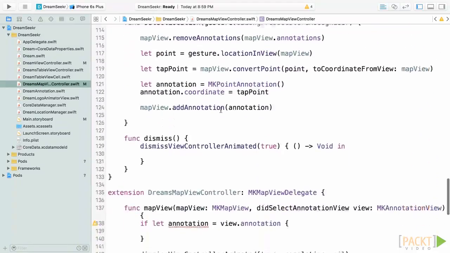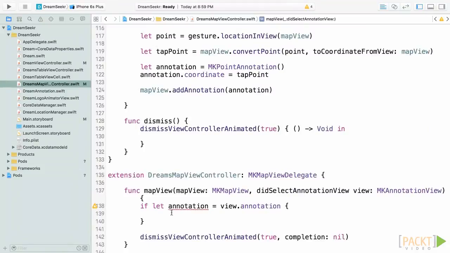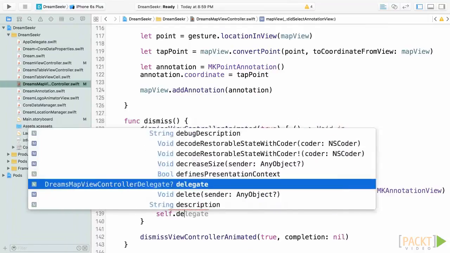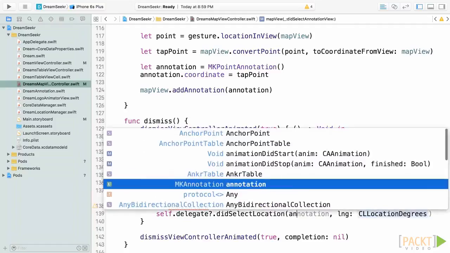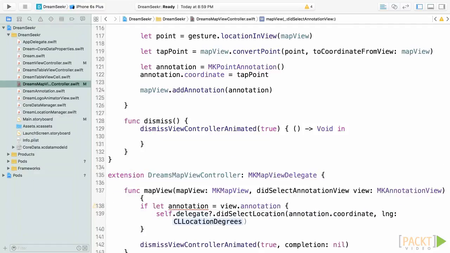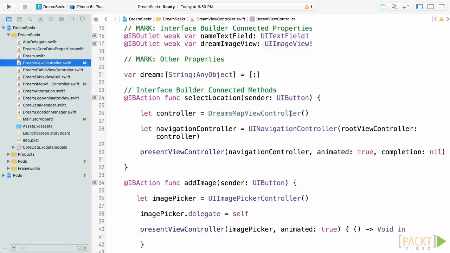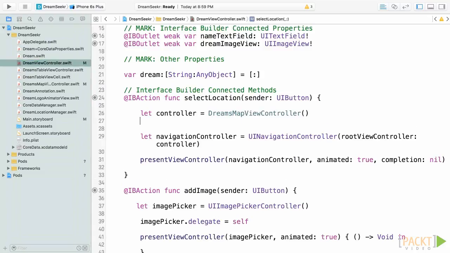And where I want to place this is within the didSelectAnnotationView delegate method for the MKMapView. And so I'll put self.delegate.didSelectLocation and pass in the annotation.coordinate.latitude and the annotation.coordinate.longitude. Now, let's go back to the DreamViewController, and then within the selectLocation method, I'm going to